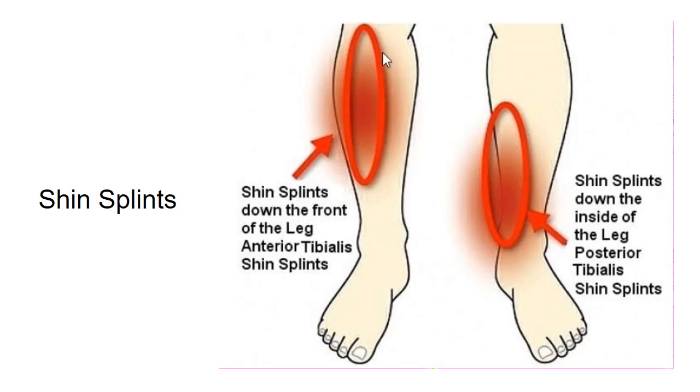This is the site of the tibia bone. We know tibialis anterior muscle lies on the lateral surface of this bone, and tibialis posterior muscle lies on the posteromedial side of this bone. So these are the sites of edema and pain due to injury to these muscles. These are basically sites of shin splints. Shin splints are basically a combination of small tears in muscle as it attaches to the tibia and inflammation along the periosteum of the tibia.